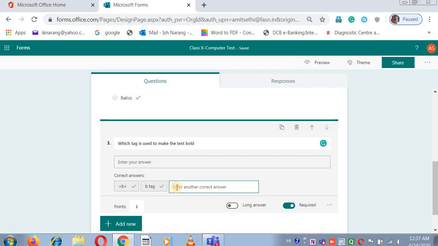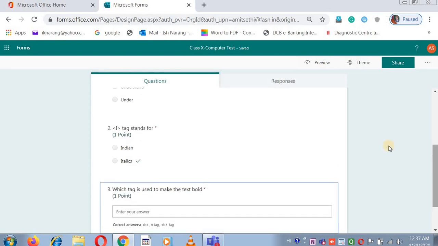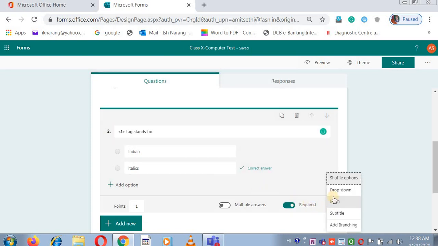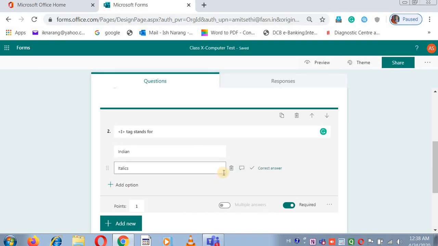This type of question can be used only when you have the specific answer. Then only we should use it, otherwise we should avoid this type of question. We should take only the choice question where the user has to mark. And if you want that it should not come as a radio button, it should come in a drop down format, you can do it here also. Just go here, 3 dots, there's a second option, drop down, and now these 2 options will come in the drop down format. You can see the preview of your form here.